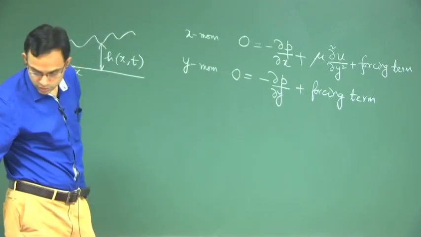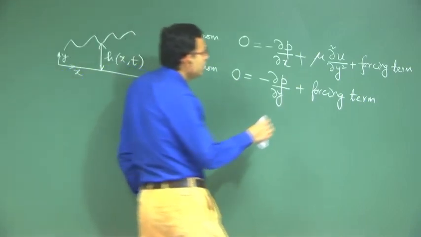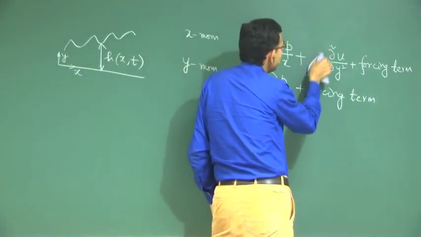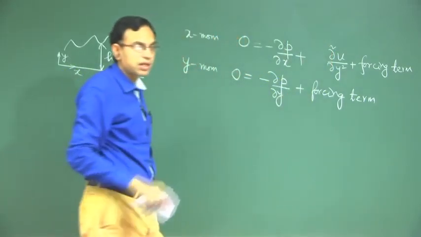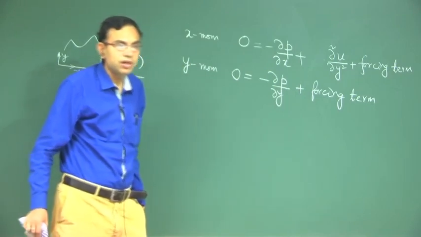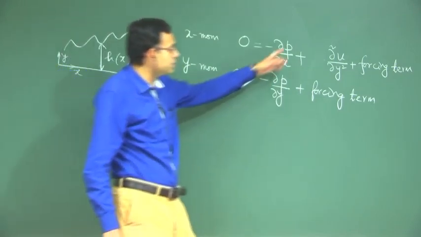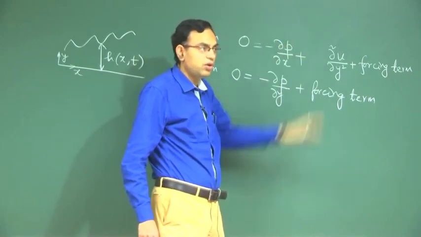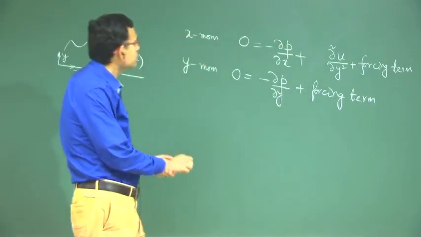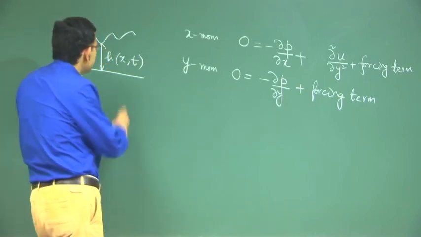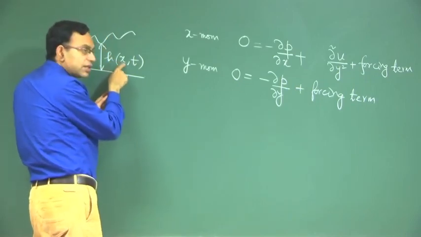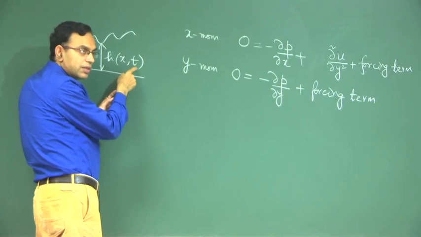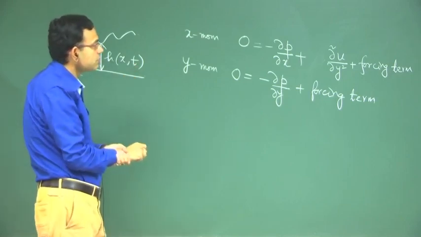Okay, first of all, here mu will not be there because these are all dimensionless versions, right, just check once, these are all dimensionless versions. So, mu will not be there, it is absorbed in one of the non-dimensional parameters. So, this h is a non-dimensional h which is a function of non-dimensional x and non-dimensional time.